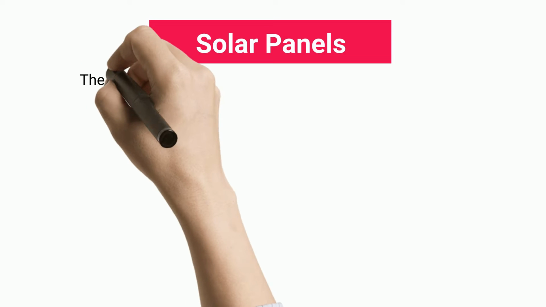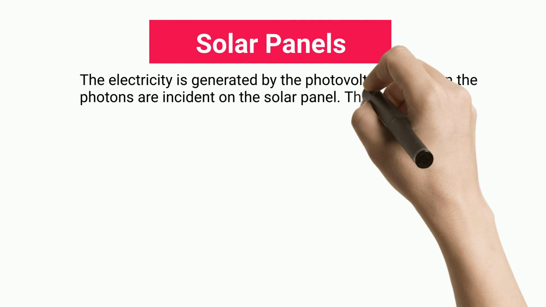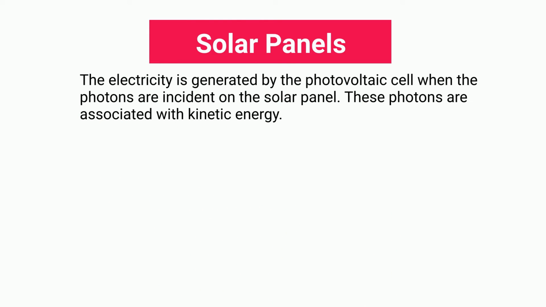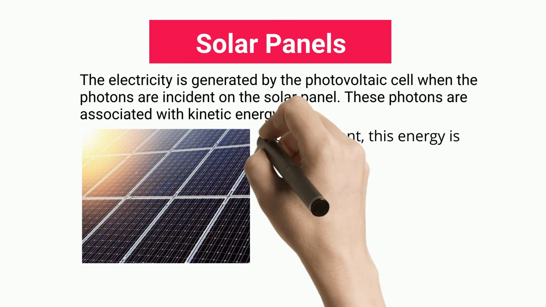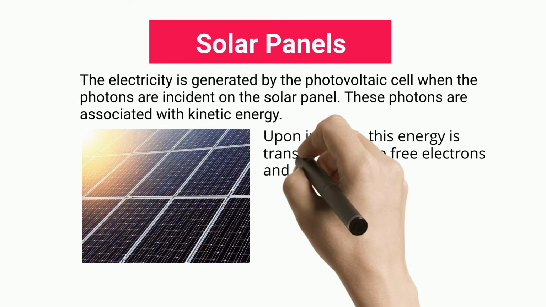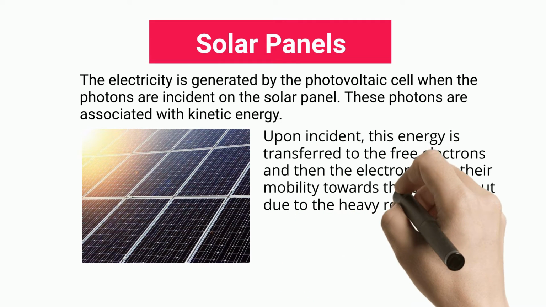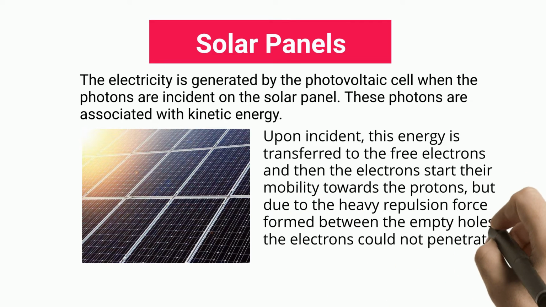Solar panels. The electricity is generated by the photovoltaic cell when the photons are incident on the solar panel. These photons are associated with kinetic energy. Upon incidence, this energy is transferred to the free electrons and then the electrons start their mobility towards the protons, but due to the heavy repulsion force formed between the empty holes, the electrons could not penetrate through the p-n